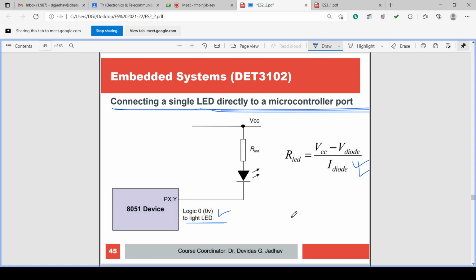Suppose we take the example, this VCC is 5 volt. Then this is a silicon LED, suppose this is 0.7 volt in on condition. So VCC minus 0.7, because this is 0, this is 0, so here it will be 0.7. VCC minus 0.7 is the voltage across R LED. So R LED equal to 5 minus 0.7, 4.3